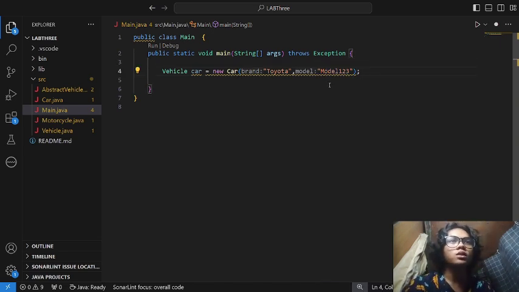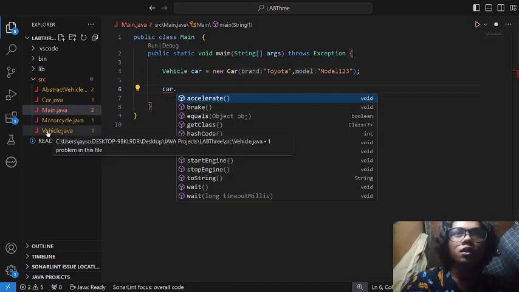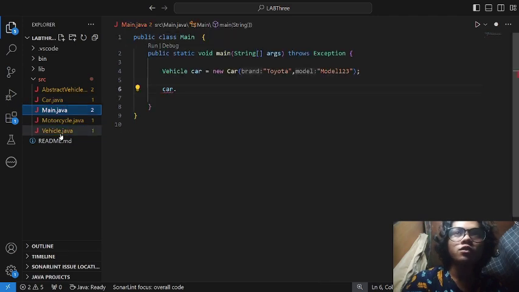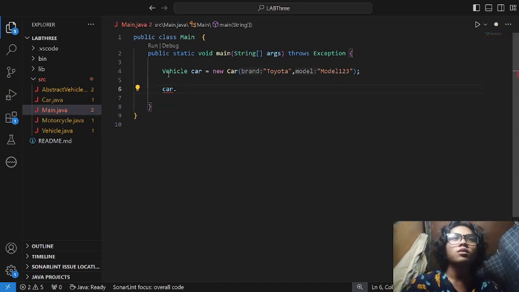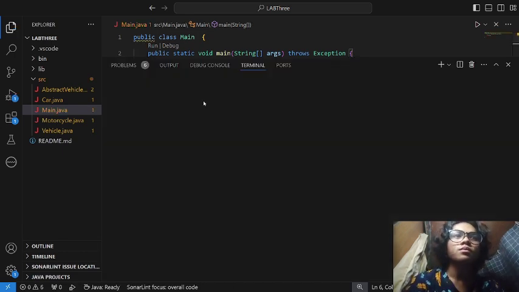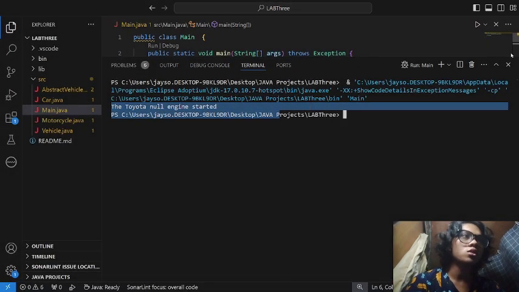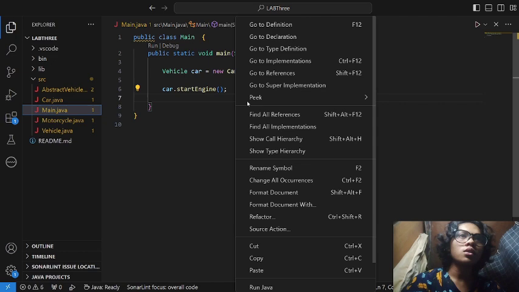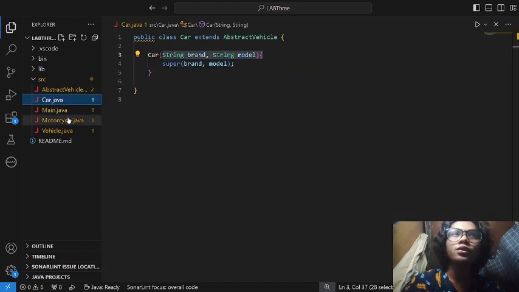If we call this variable, we can access the attributes, I mean the behaviors, from vehicle to our car or to our main class using our object. So car dot start engine. If you try to run here, the output would be Toyota null engine. Why is this null? I don't know what happened. So we just try again. Toyota null. I don't know what happened here, but